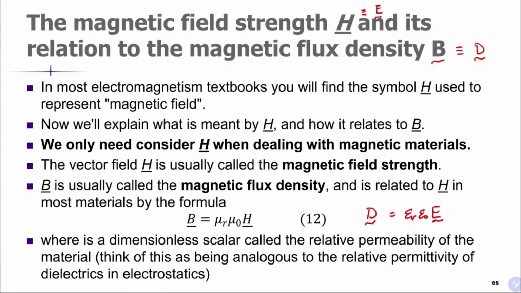That iron core has mu R that is maybe in the thousands. So if I have mu R equal to 1,000, then it will increase my magnetic flux density by 1,000 compared to a mu R of 1. So you can increase the magnetic flux by using